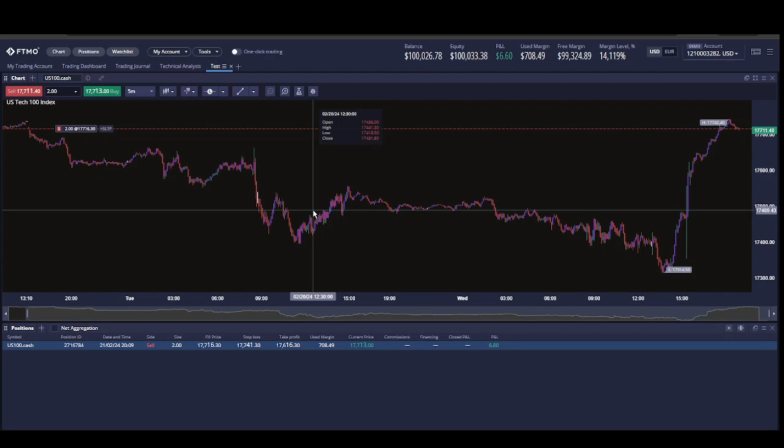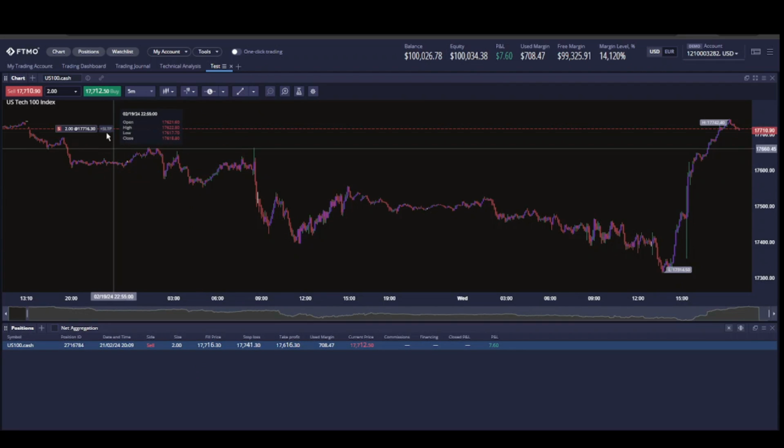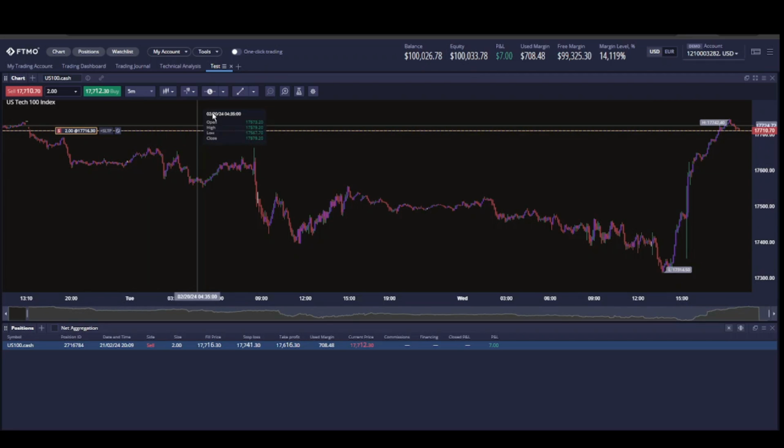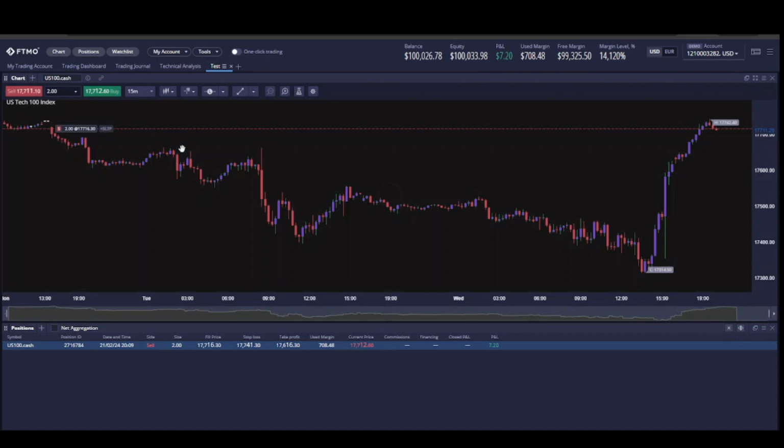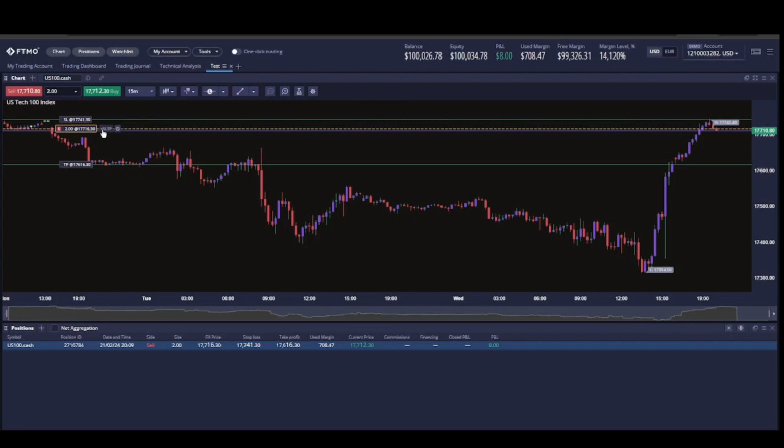Now let's say if you want to change it back, we can again either do modify from here, or you can just expand this plus sign. Now what I want to see is where my SL is, so let me change the time frame. Sometimes it's further up there, we can't see it, or sometimes it does not display. What I notice is sometimes you just have to change the time frame and then you can see it.